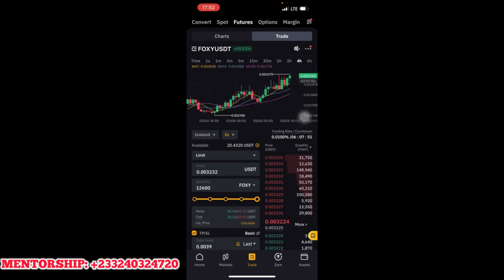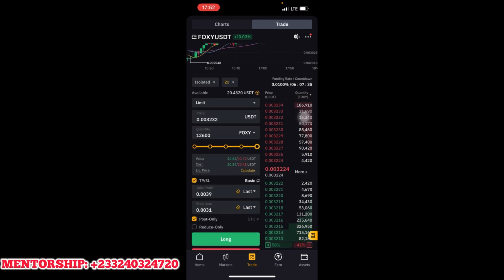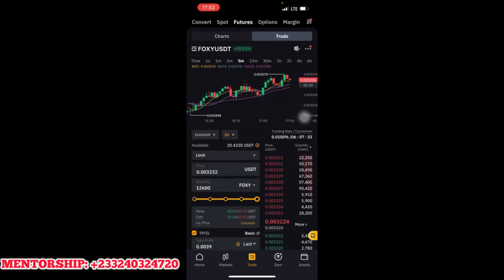So first of all you check the chart and see where it's going right now. You can check, let's say, the 5 minutes time frame. The 5 minutes time frame is going red. It's going down. So this is how you trade futures on Bybit. If you don't understand